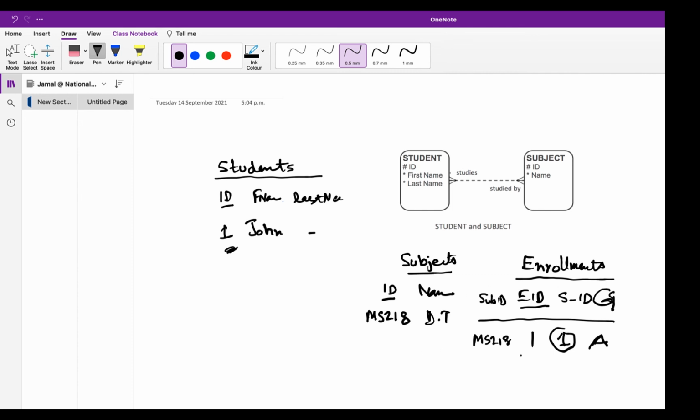So now you can see you can easily link all of these three tables with each other. With simple SQL, you can easily find out other information. That's why you don't have to write John and all the information again and again in enrollment. For example, there is another course, MS216 networks, and this is a third year course. So here enrollment ID is 2, that's fine. Student ID is again 1, right? And let's suppose grade is B+.